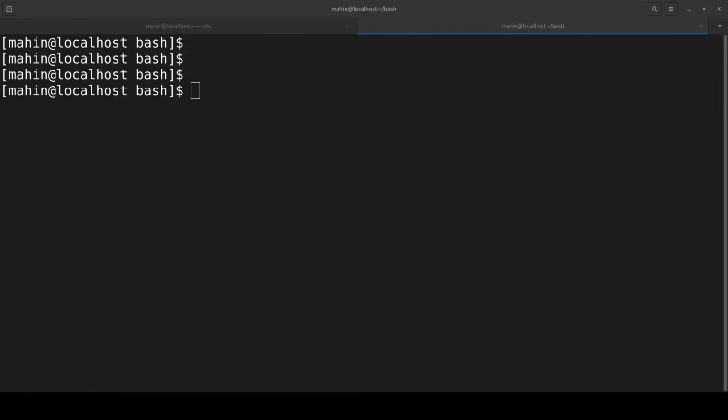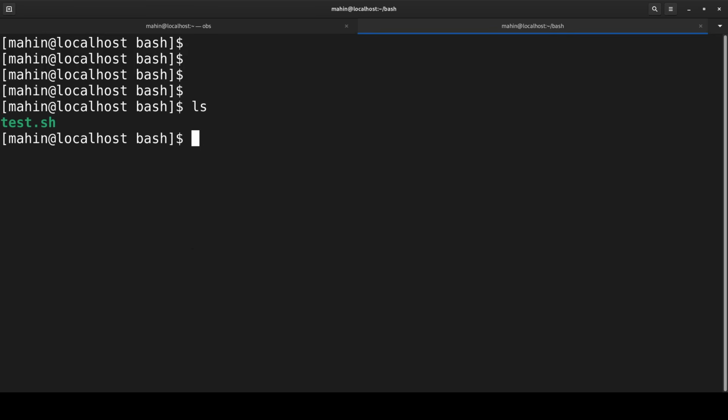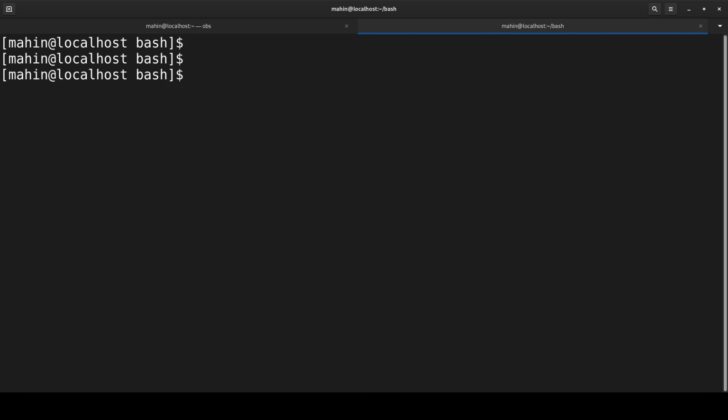Today we are going to learn some important bash scripting concepts, if else, and that is very much important for programming also. Let's say at first we create a file. Okay, delete this file, we don't need this. Create a file, touch test.sh, and